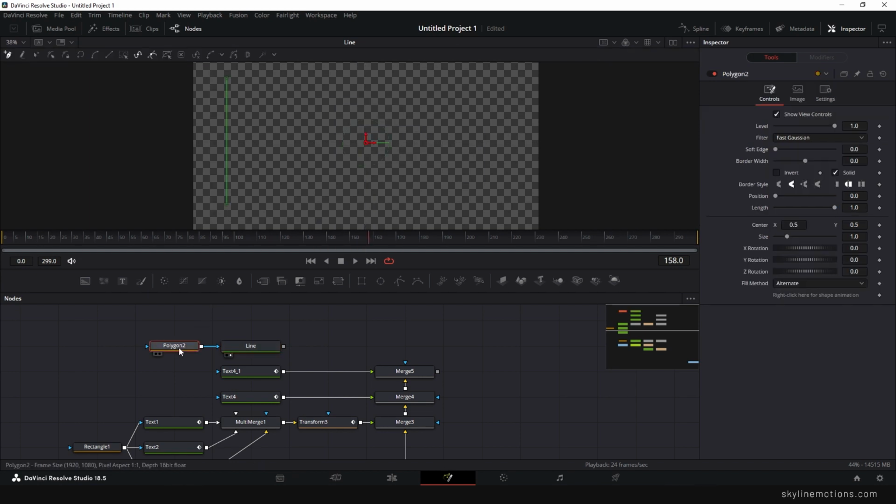Select the polygon and we have to do some setting with it. So this is the solid box. Uncheck the solid box and increase the border width. I'm going to set the value 0.006 or 0.005, which is looking nice. And we have to animate the position and length. So what we have to do,